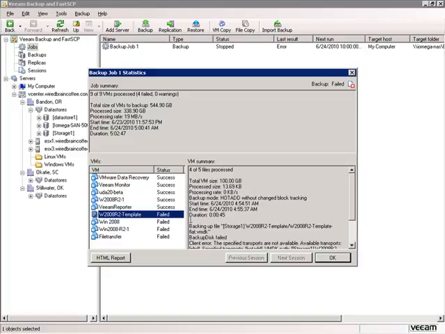Well, Train Signal training is real-world training, and in the real world, backup jobs sometimes fail. And as administrators, what we need to do is to figure out why these backup jobs failed so that we can do something differently, correct the problem, and then back them up successfully. Now, if we go over to my email,